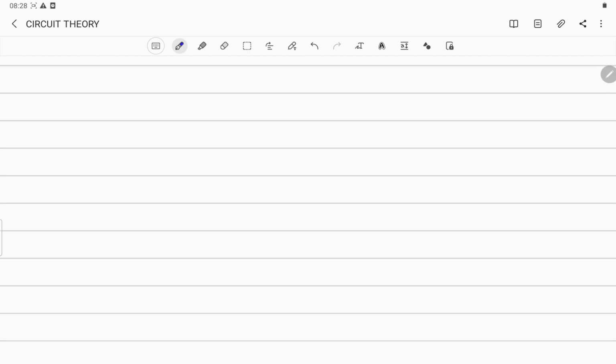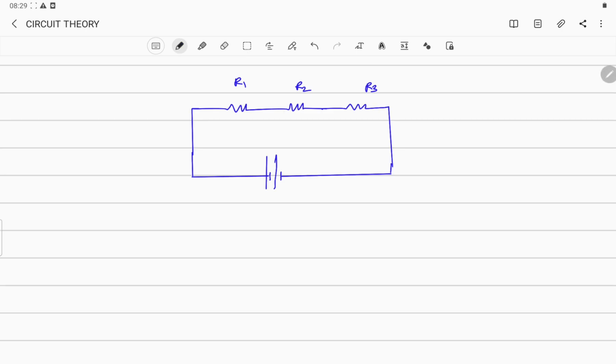Now let us see the equivalent formula for resistors when they are connected in series. R1, R2, R3 are the three resistors connected across a total potential difference of V volts. From the positive terminal of the battery a current will flow, let the current be I. Since the path of the current flow is the same, whatever the resistor, wherever the place, the current value is constant. It is very clear that the path is the same in a series combination, so the current value is constant across any resistor. This is a very important point.